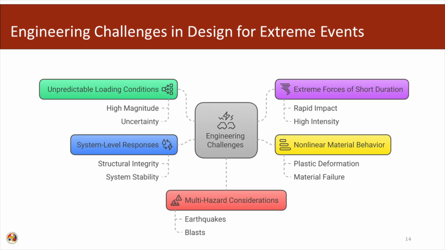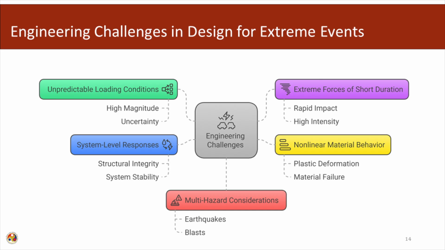Engineering challenges in the design for extreme events. The loads are unpredictable, they have very high magnitude as well as very short time duration, and the uncertainty associated in predicting this type of events is very high. This type of events are rapidly deployable, they occur very rapidly to a structure. So, the structural response is also very different. The material undergoes a very non-linear behavior, there is a plastic deformation, and there is a sudden failure in the